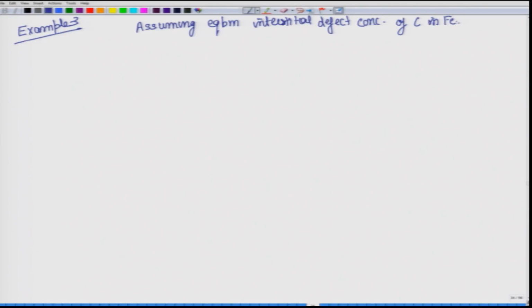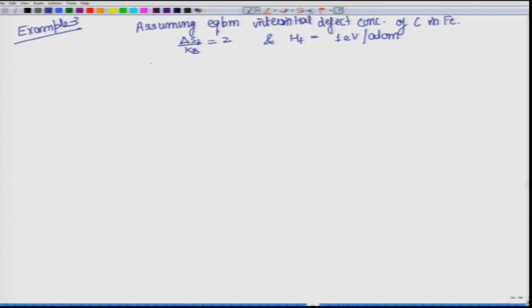So, we are talking about steel, and given that delta SF by Kb is equal to 2 and delta HF is equal to 1 electron volt per atom,